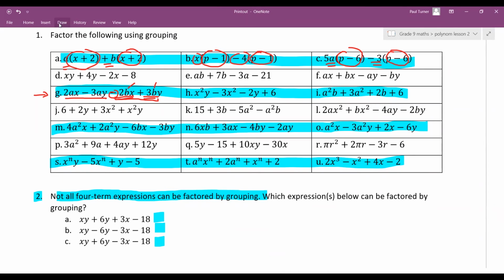Okay, question H. We have 7 minutes, so let's see if we can do them all. So H, you've got x squared. X squared is your common factor in question H. You are left with y minus 3